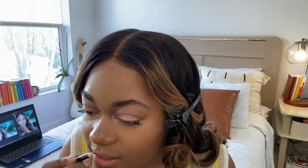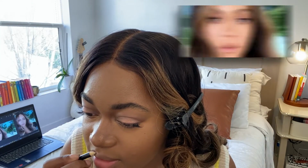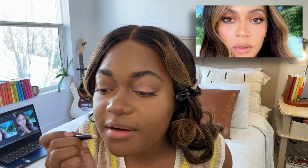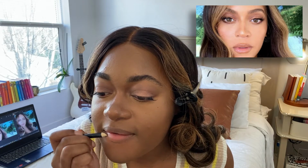It's kind of smudged up here, and it's making her lip a different shape, but it's low-key the shape of my lips already. So I'm just going to line my lip, but not too much. It's making a more square Cupid's bow, but I kind of already have one. Okay, and then on the very bottom of the lip,